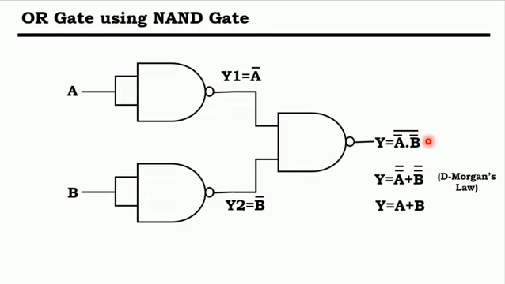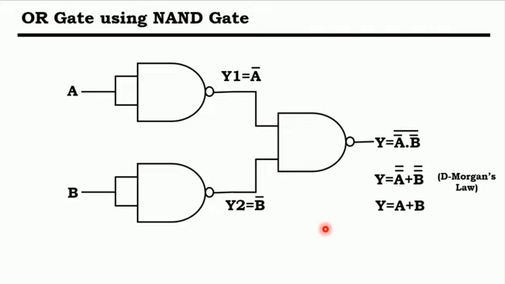And by using further Boolean algebra principles, that is De Morgan's law, we can achieve this Boolean equation, and that is nothing but the OR gate Boolean equation. So basically the OR function can be performed by using this kind of circuit. For the circuits, you can check the truth table and form a good truth table, and also achieve this Boolean equation for the circuit. So this is an OR gate using NAND gate.